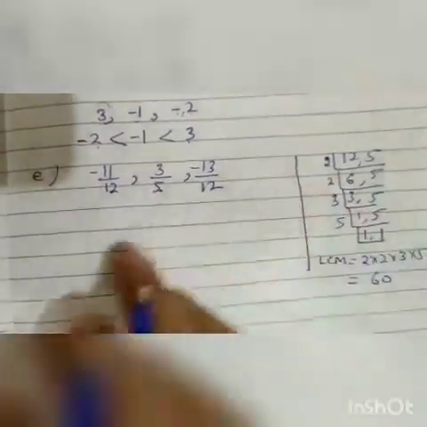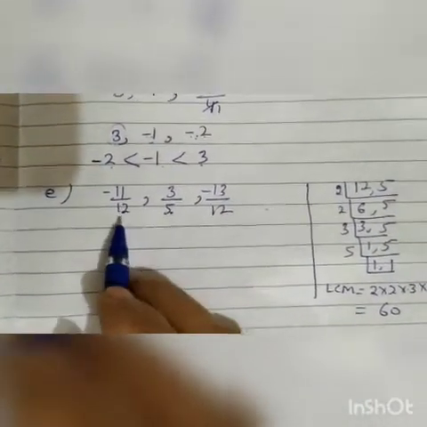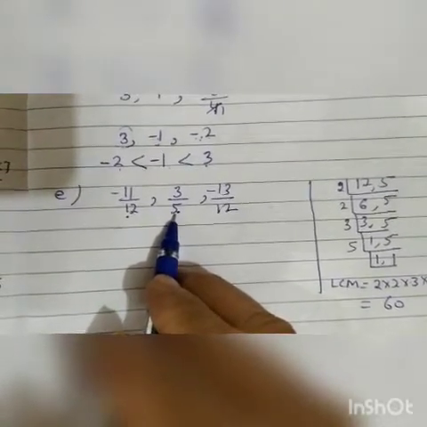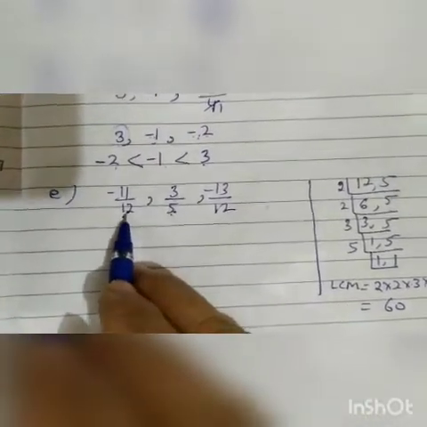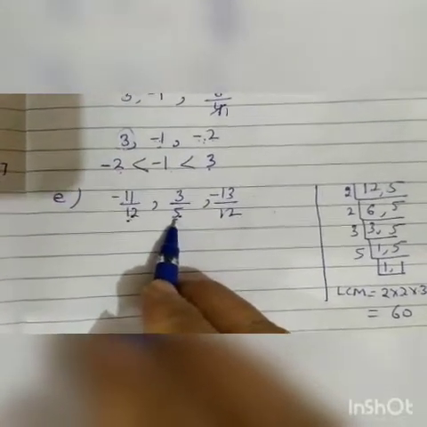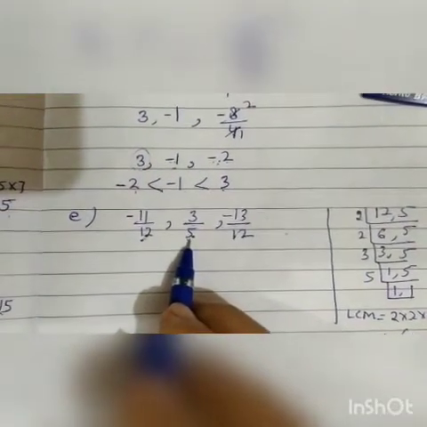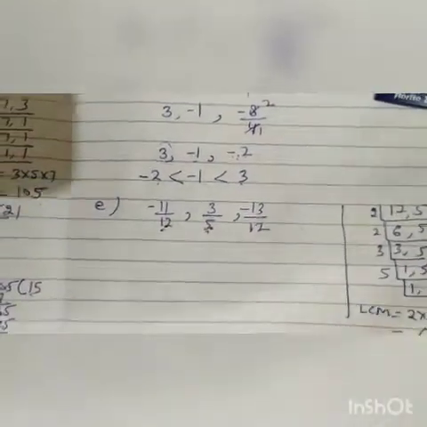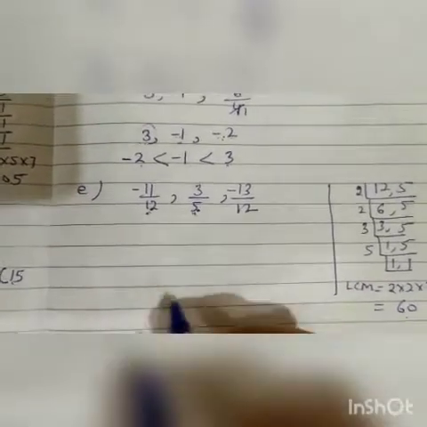Students, if you remember, you have studied co-prime numbers in 5th and 6th standard. So here 12 and 5 are co-prime numbers. I am not talking about prime numbers, I am talking about co-prime numbers. Here 5 is a prime number but 12 is not a prime number. But 12 and 5 are co-prime numbers. If we find the factors of these two numbers, there is only one common factor, that is 1. So these are co-prime numbers, and in case of co-prime numbers, the LCM will be their multiplication. So here LCM is 60.